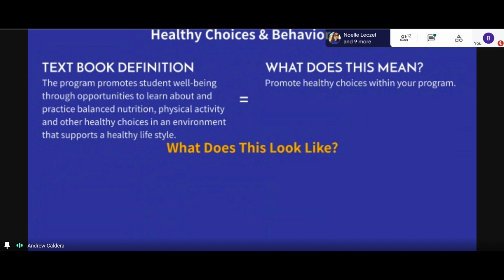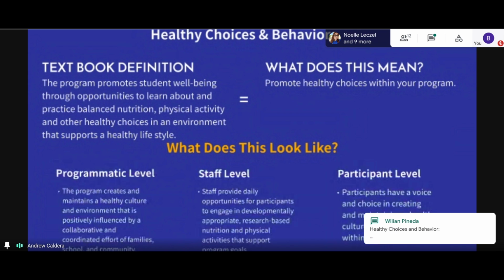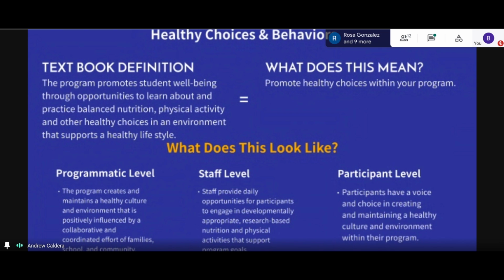If not, it's all good. Let me give you some examples though. Like Will said, incorporating the 4 questions, capturing kids' hearts. That's a way to redirect that behavior. If a student does come in, for example, because prior to the pandemic, and even maybe now in the pods, we have students that come in with bags of hot Cheetos and Takis, and those aren't the best choices to be eating in the morning for breakfast. Maybe a banana, something like that. Incorporating those 4 questions is a good way to redirect.